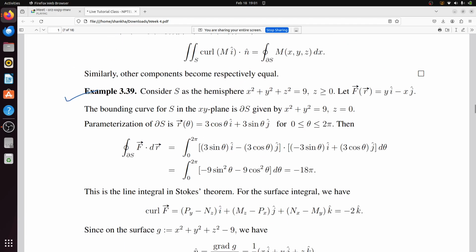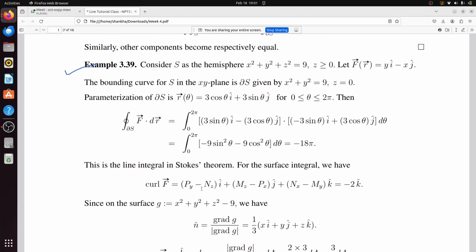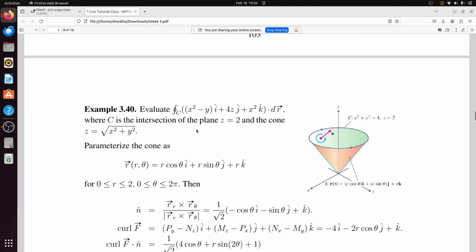I am just once again reading, it is just validating the Stokes theorem. So this is our last class regarding vector calculus. From next class we will move to complex analysis, and so today we will try to finish the concept of Gauss divergence theorem also. So please stay connected with us.